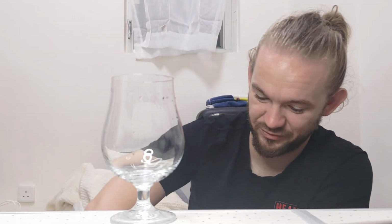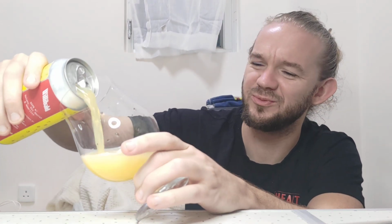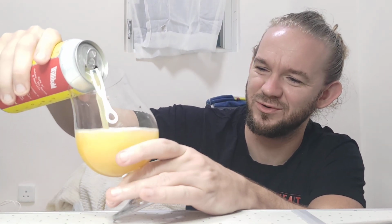The Three Hands, an 8.3% double IPA from Willibald Farm and Brewery over in Ayr, Ontario, Canada. I did like it that it was from Ayr as well, because quite a famous town in Scotland,